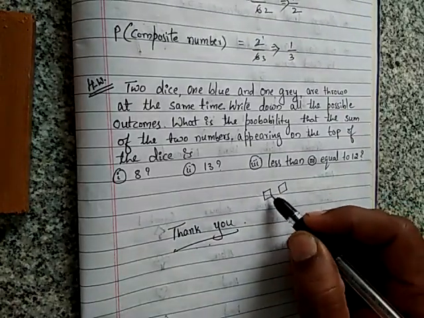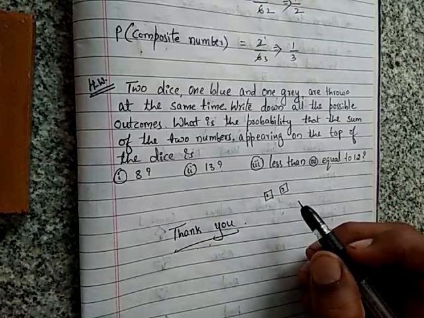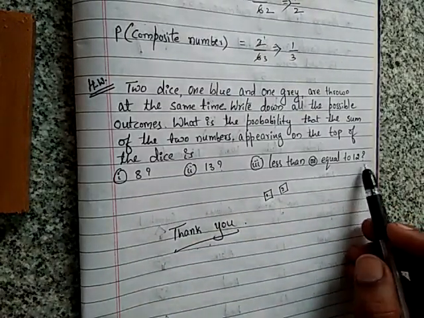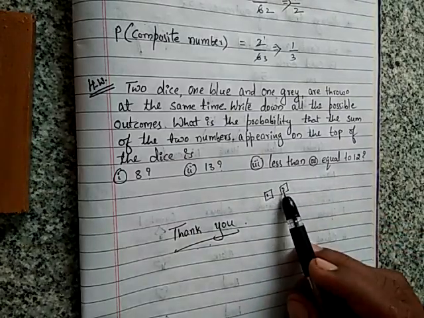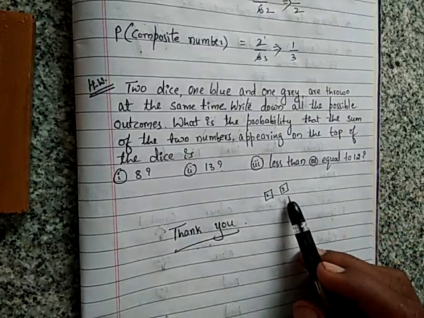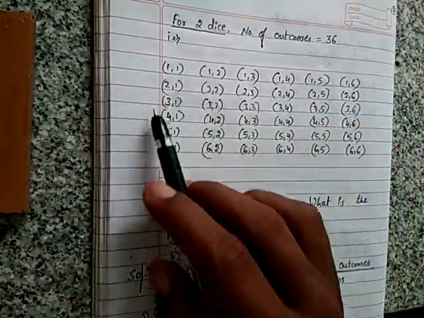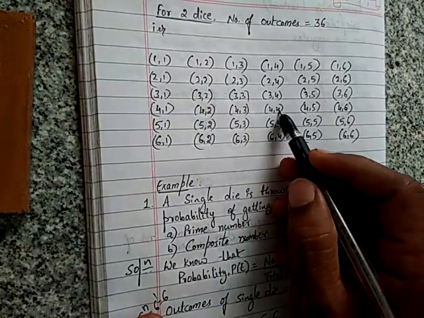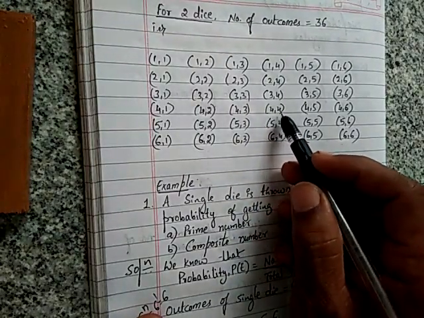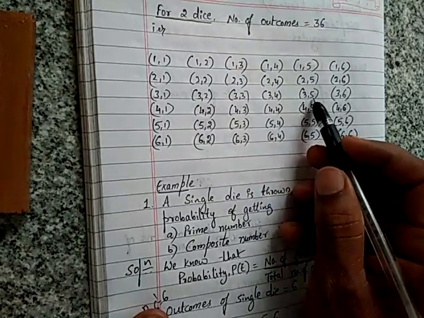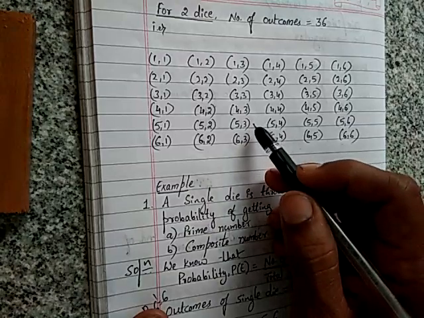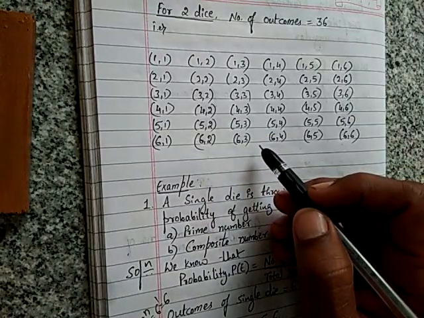After throwing these 2, suppose it may be 1, it may be 2. So 1 plus 2 is 3. So here we need 8, we need 13, and less than or equal to 12. I have written that here. See, on the previous page all 36 outcomes are there. So 8 means what? See here, 4 plus 4. If you add these two, you will get 8. 3 plus 5, you will get 8. Like this you have to find out how many are there, divided by 36 you have to write. That will be the answer.